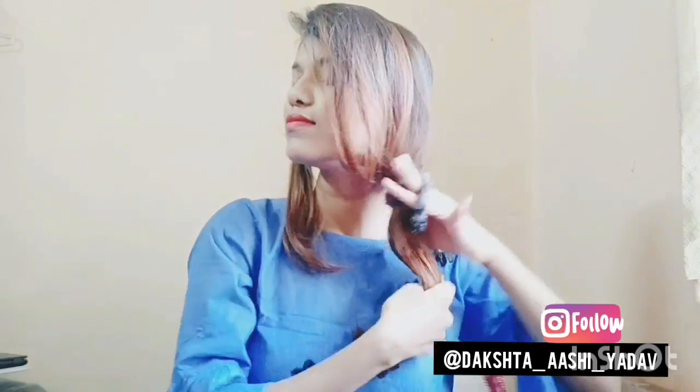I'm doing the side partition. I'll leave that side braid. We'll braid it later. So first I'll take the whole hair on one side and just tie it with my hairband. Yes, and now what I'll do, the side braid, collecting all the hairs